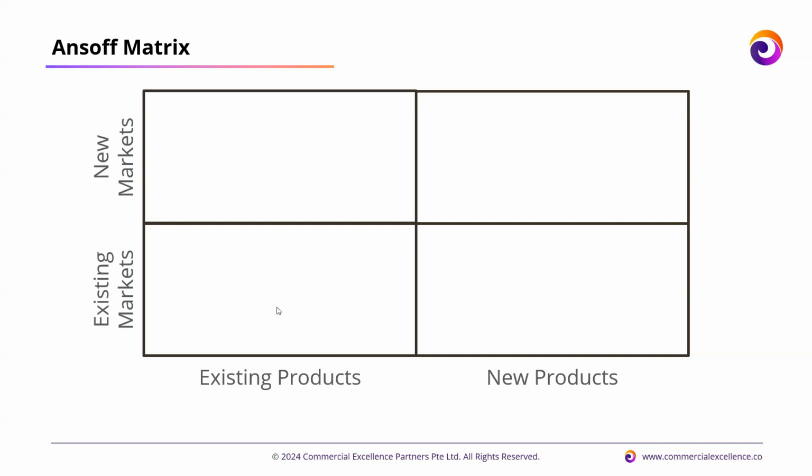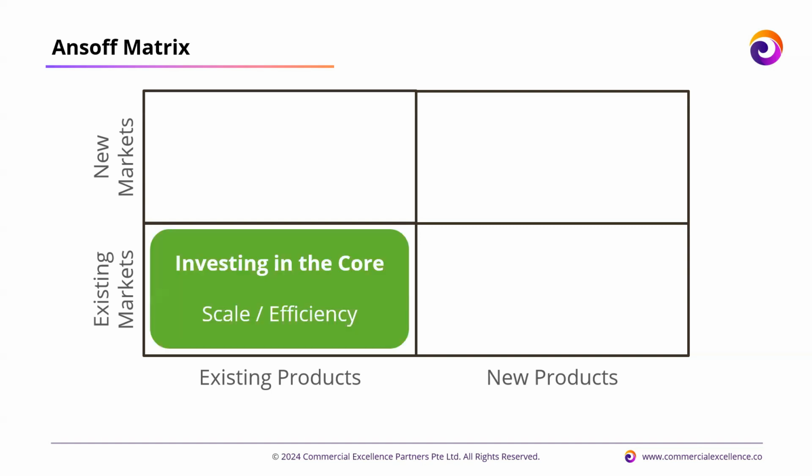And so this bottom left-hand quadrant here is very much about the core. And we should be innovating here in any business. We want to make sure that we have a strong core, a core business that is really scaling and is as efficient as possible and is producing the cash flows that we need to fund more aspirational investments that are in the other quadrants.